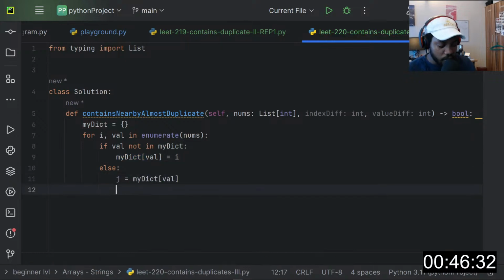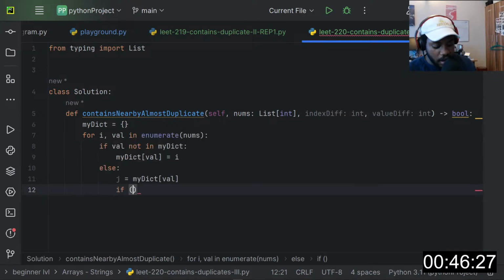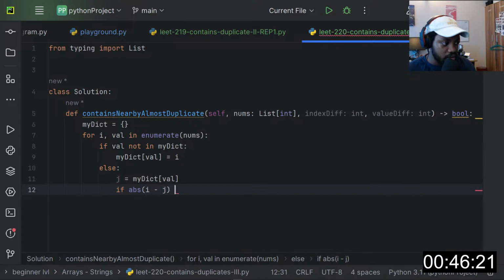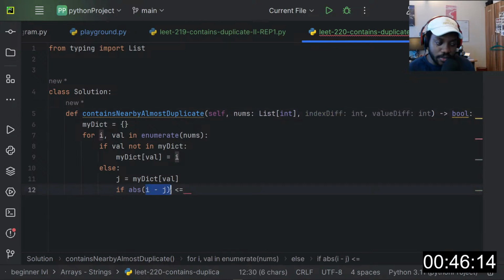And then we'll say if the absolute value, abs of i minus j, is less or equal to the index diff, i and j will return the index diff, right? So index diff,